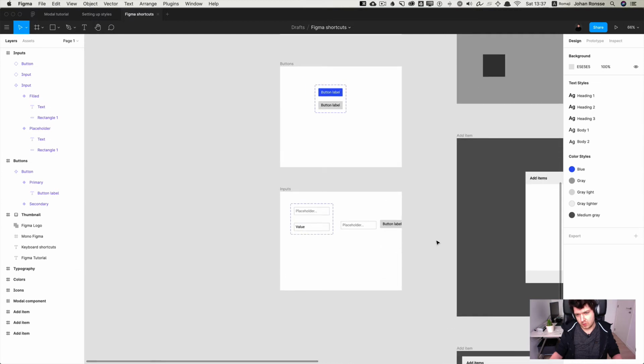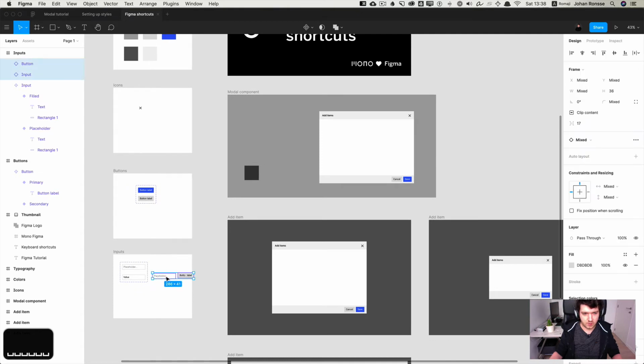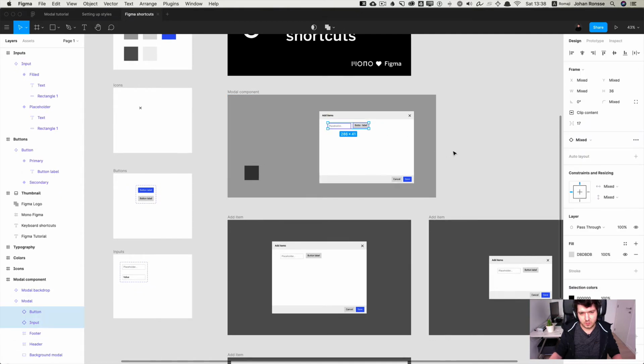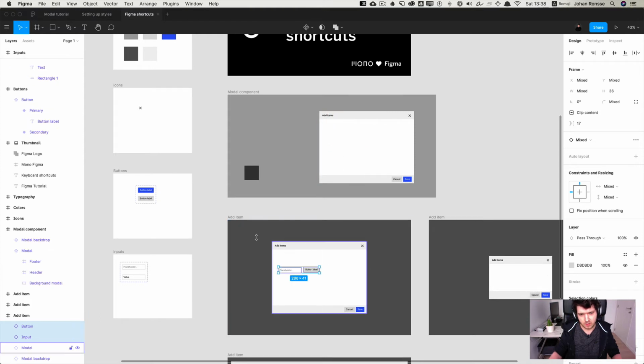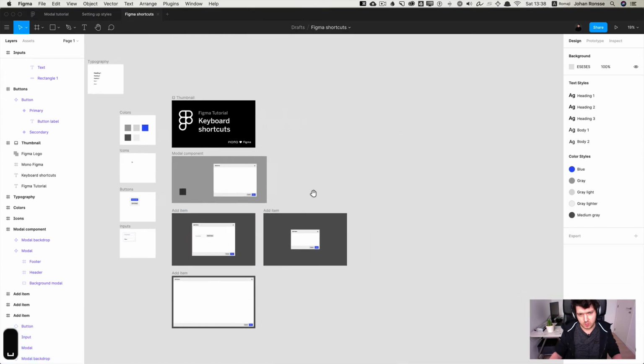I'm now going to create a sample form, and then I'm going to teach you a little bit about alignment. So here, I'm going to drag this into my modal component, maybe not here because that's my actual component. I'm going to do it on the screen that's here, and maybe I should do a bit of